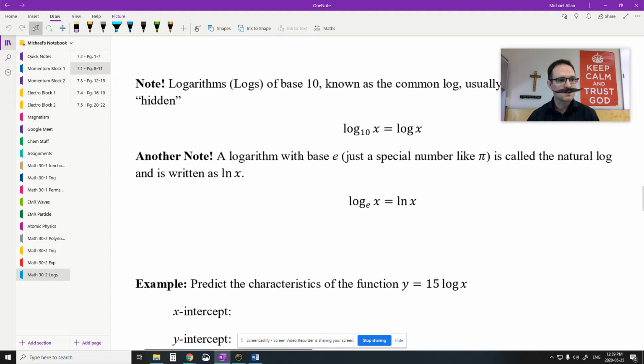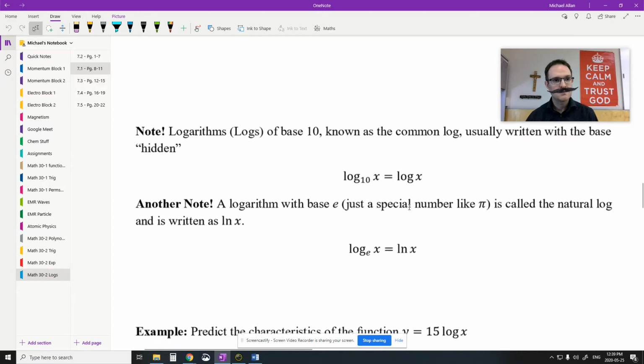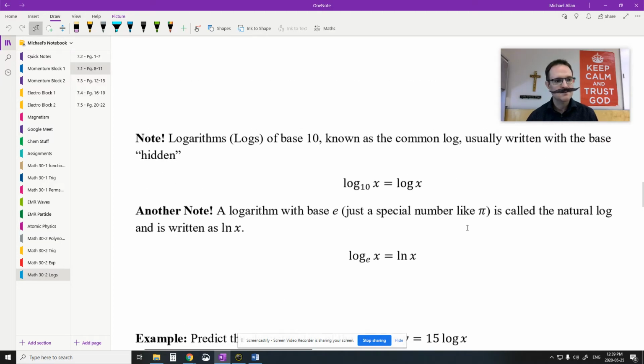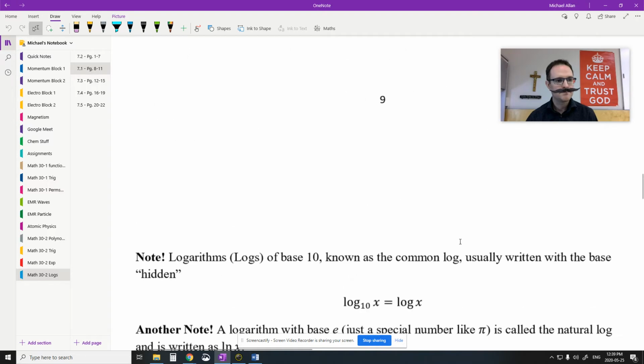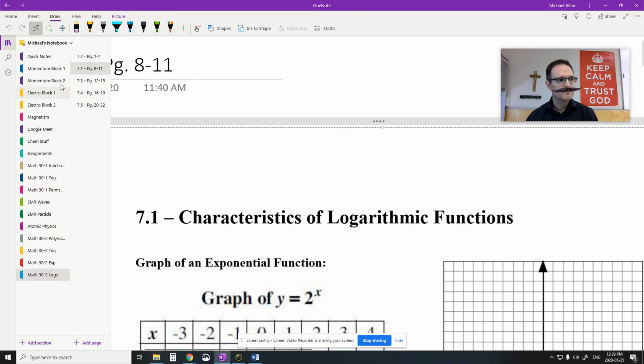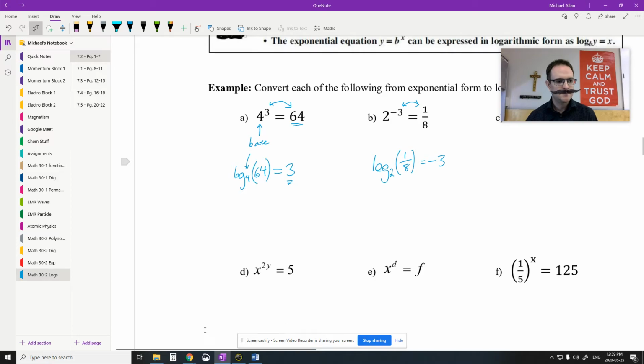And then later on, we're going to talk about the natural logarithm, where we have what we call a base e, which is a special number like pi. It's not exactly pi. It's like 2 point something, when pi is 3.14, sorry. So when we use log base e, rather than writing log base e, we write down ln. It's used a lot in economics, nature. That's why it's called the natural log. It's very related to the golden ratio and stuff. Anyway,